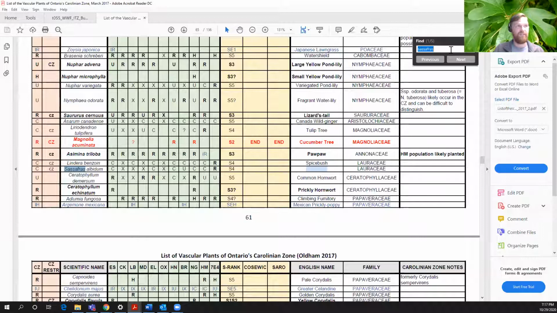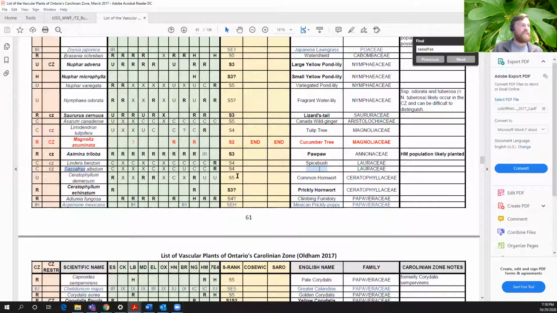I just searched it, Control F, Sassafras. Here it is. Sassafras albidum is the scientific name. The common name Sassafras is here, I think because it's highlighted right now, you can't see it, but it is in there. And if you remember, this last column here was 7E4, and there it is. R means rare, C means common, U means uncommon, and X means they're not quite sure for whatever reason. The data didn't talk about abundance, but we know that it's there for sure.